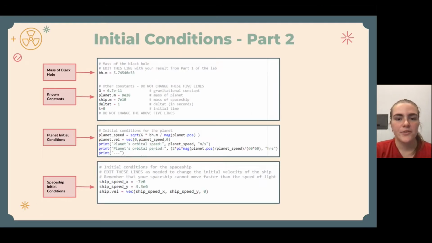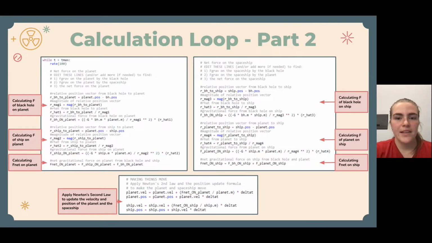So moving into part 2, we see that some of the initial conditions are the mass of the black hole we calculated in part 1, the known constants that were given, the planet initial conditions, which include its speed and velocity, and then also the spaceship initial conditions, which are the speed in the x and y direction and its velocity. So moving into the calculation loop in part 2, we first calculate the net force on the planet,